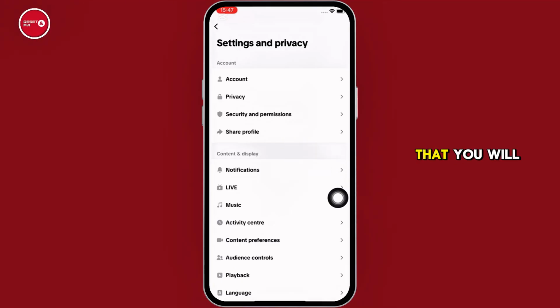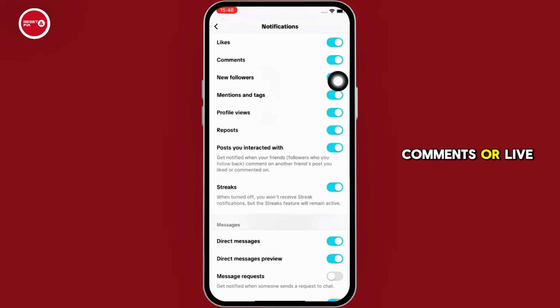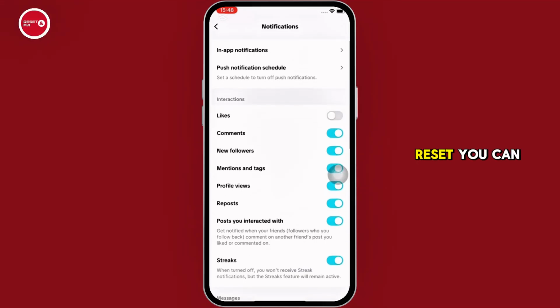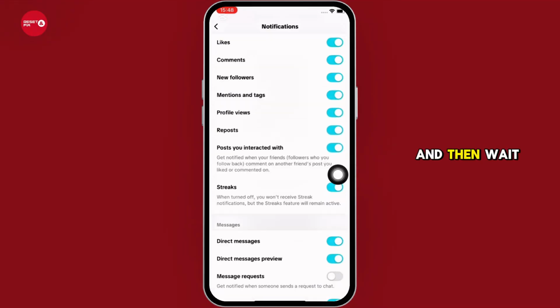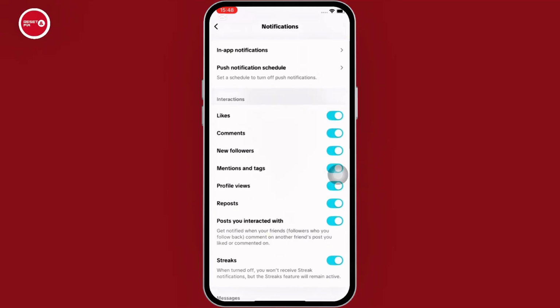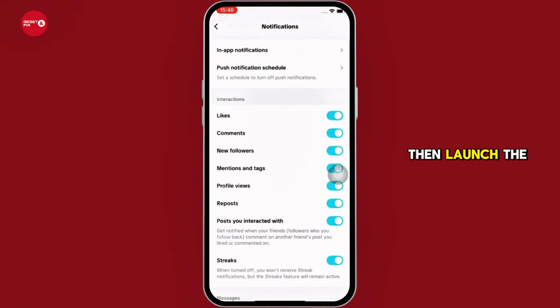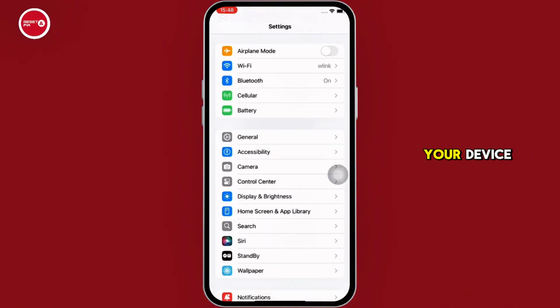In the interface that you will be led to, ensure that the notification types you want, like messages, likes, comments, or live, are enabled, and if not, then go ahead and enable them. And for a reset, you can toggle them off and then wait a few seconds and then toggle them on again. See if that fixes your issue or not, and if not, then launch the settings application on your device